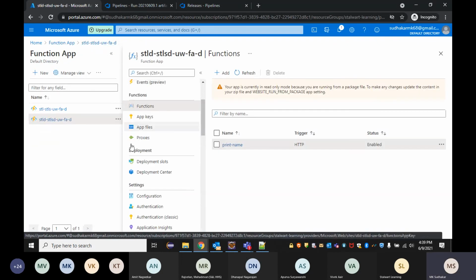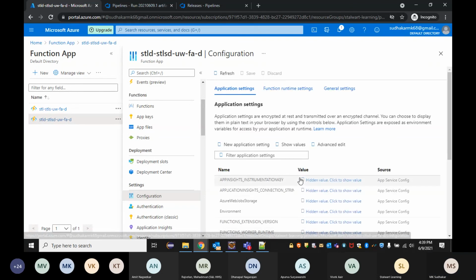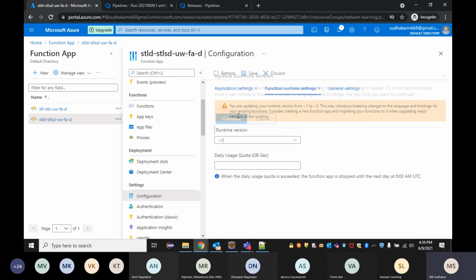Okay, before that I have to do something. Let me go to the configuration. I need to change this runtime setting. It is version 3.